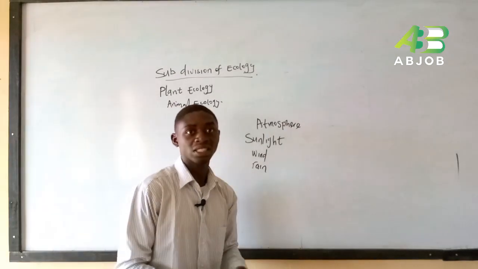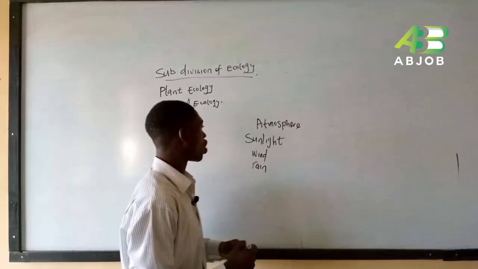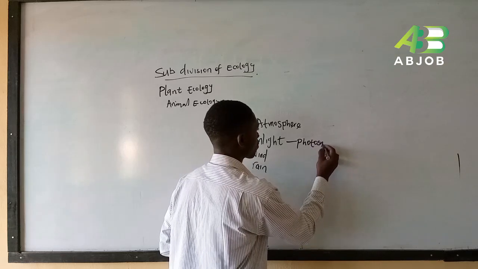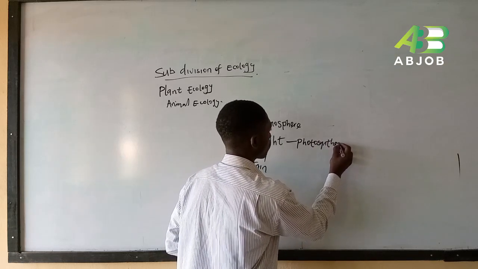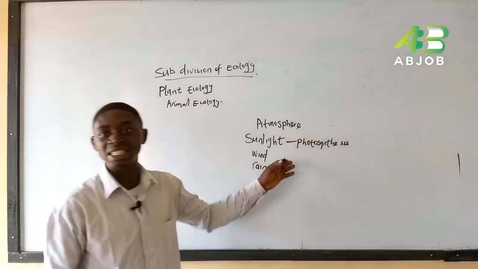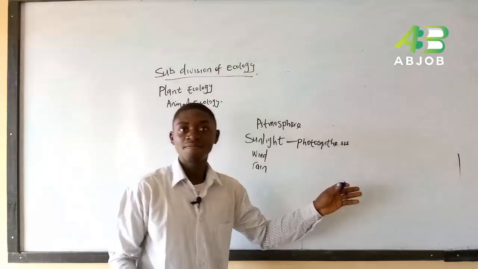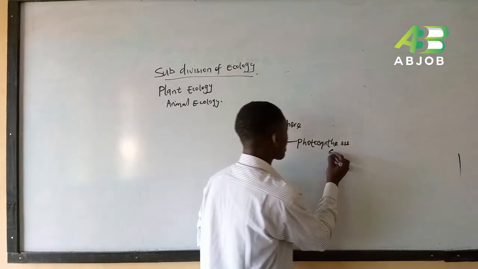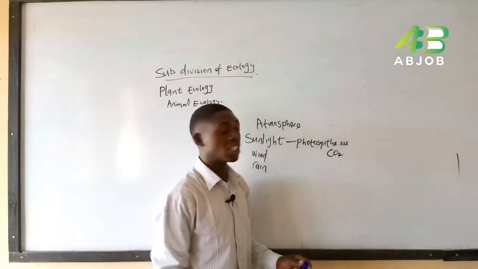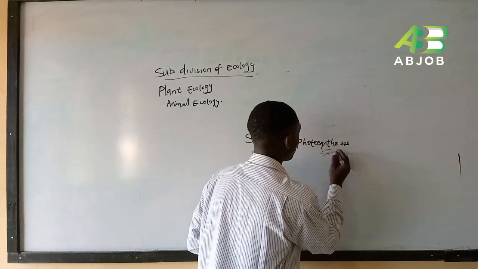How do plants relate to the sun? That's through photosynthesis, by which they give out oxygen, O2,